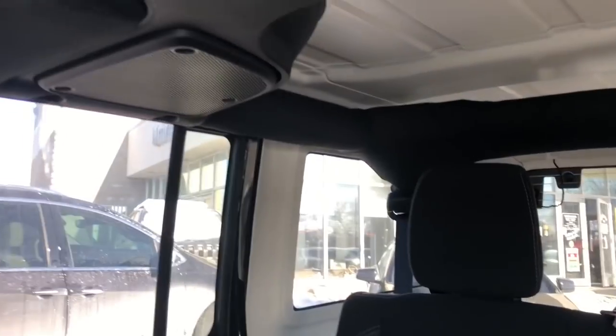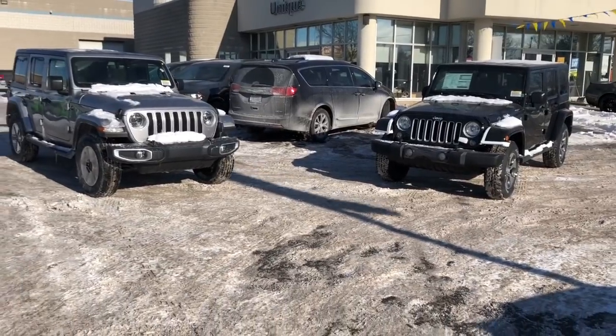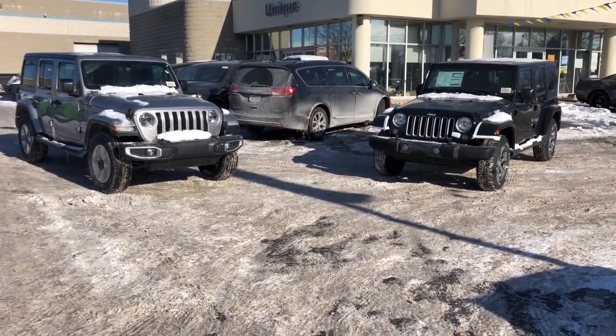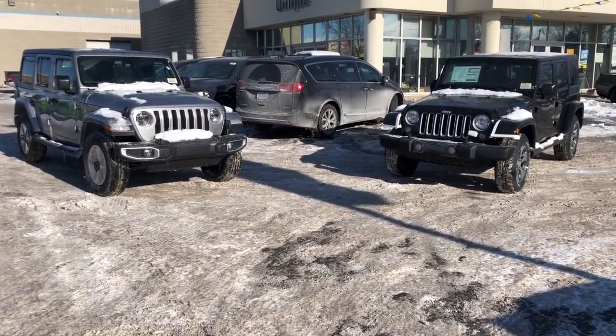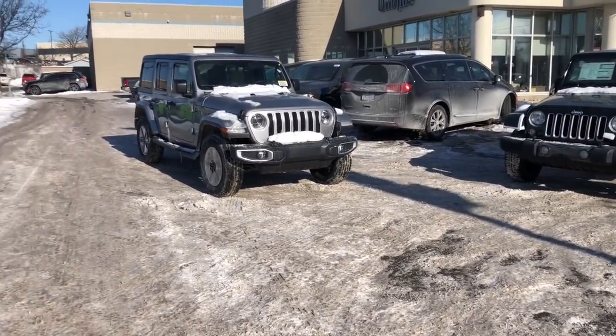The e-brake is there as well. Right in the back here. The speakers are up top. The Freedom top is still pretty much the same. Not a huge difference when you really back up, but definitely when you start looking at it and comparing very closely, most Jeep owners will notice the difference. But if you are whipping by someone the other way, they probably wouldn't notice a huge difference between the two,